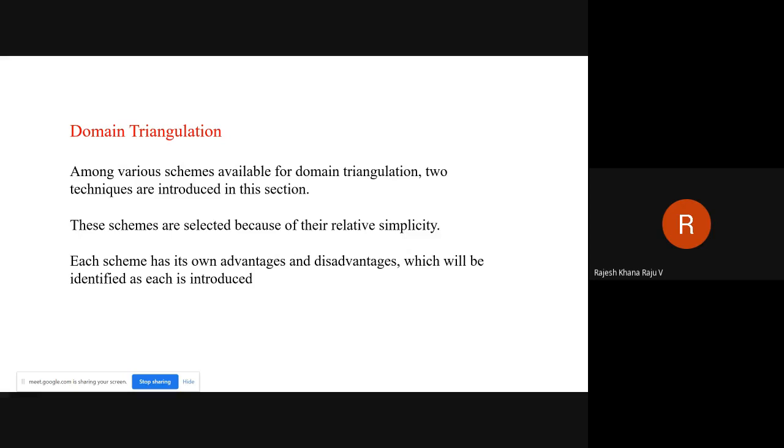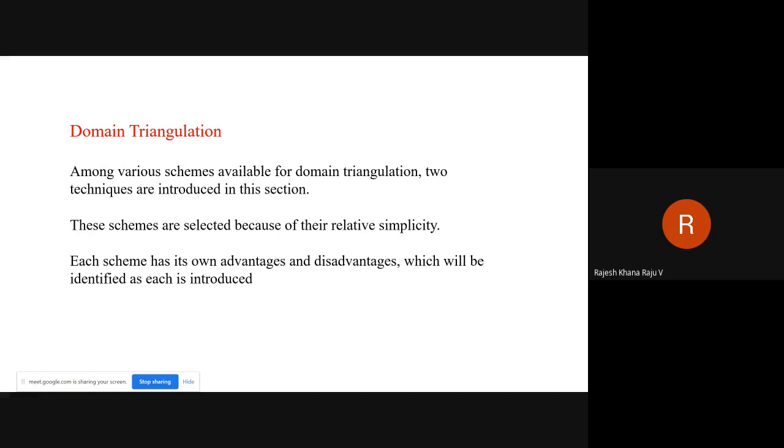There are various schemes available, because as I said, every person tries to create their own algorithm for the problem under consideration, so that it will be effective as well as efficient, because he wants to minimize the time to create the triangles.